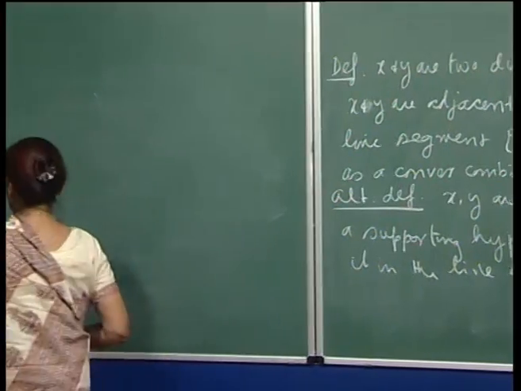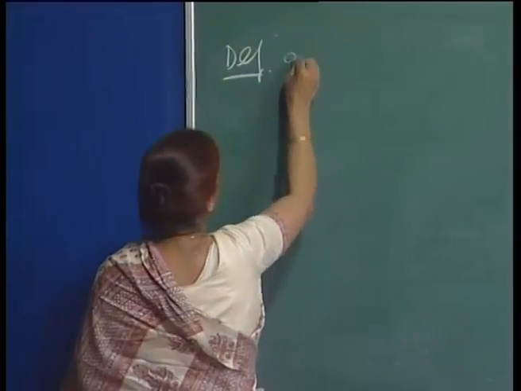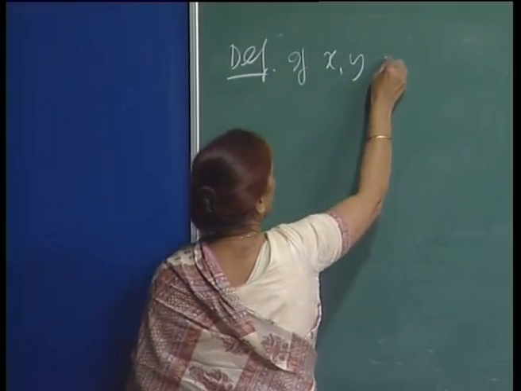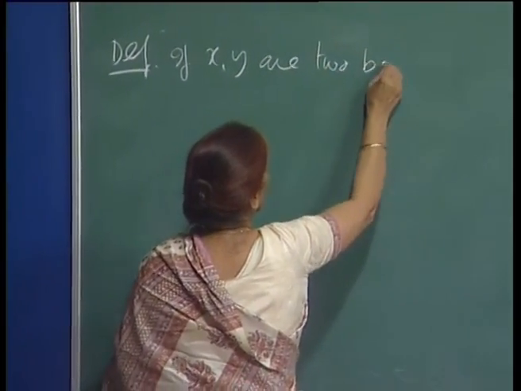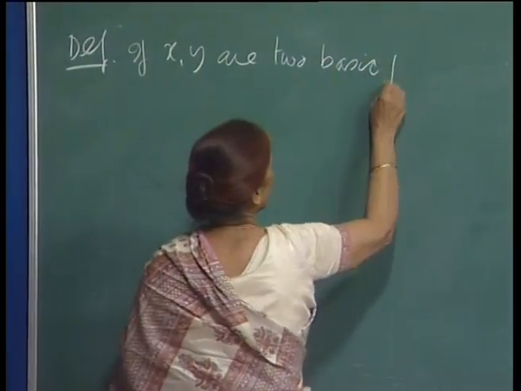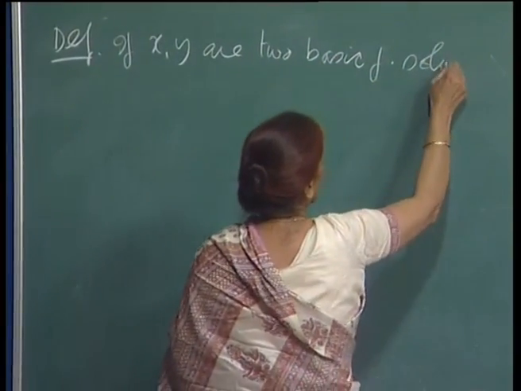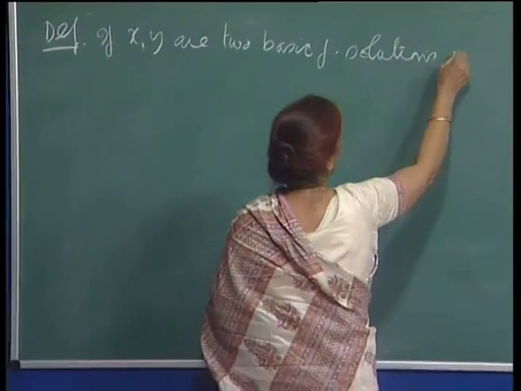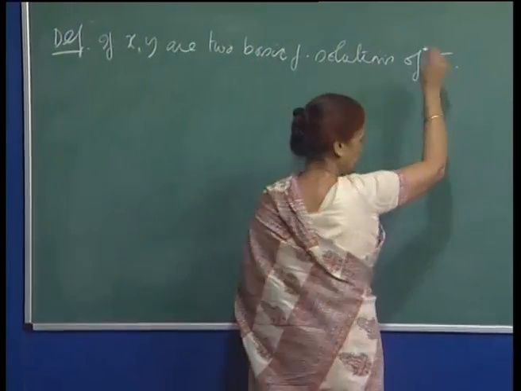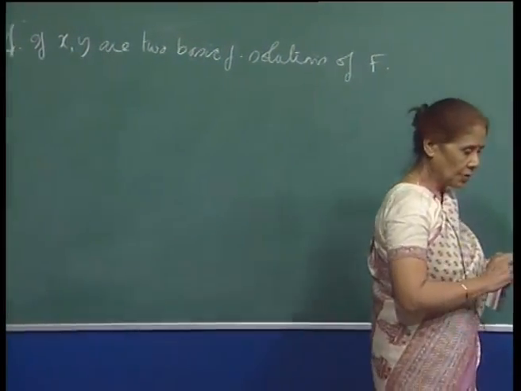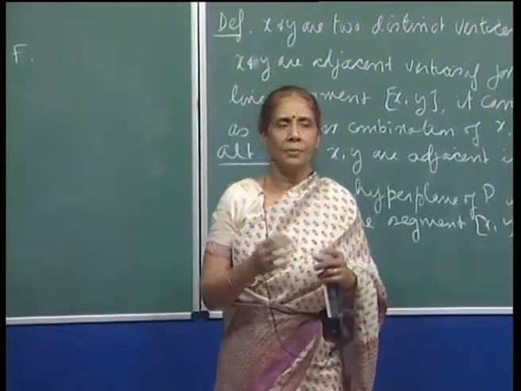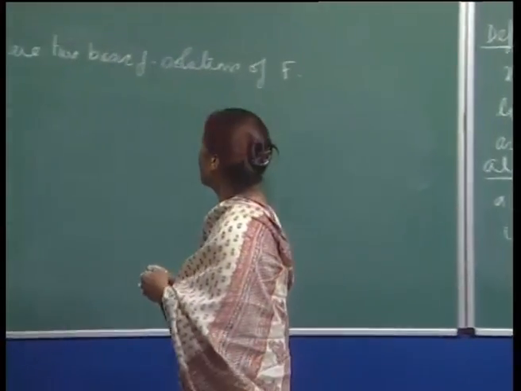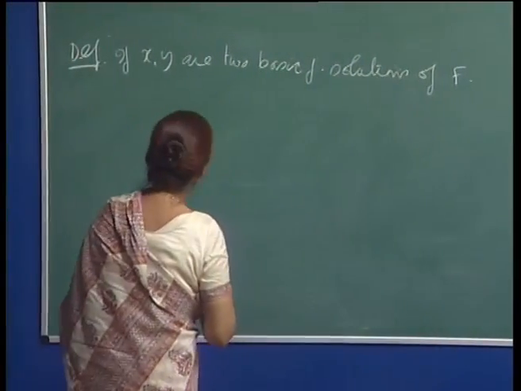So if x and y are two basic feasible solutions of F, and remember we are calling the feasible set F, the polyhedron is P and the feasible set is F,